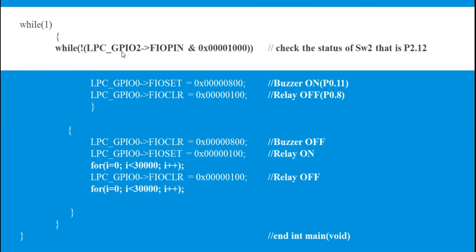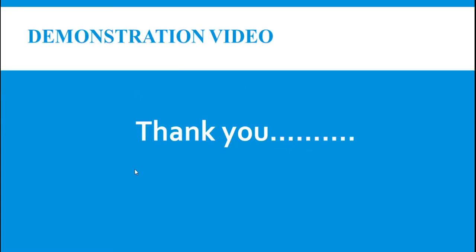Similarly, if the switch is open, then the while condition becomes false, so your program control comes here. In this case, we switch off the buzzer by using the clear register. With the help of the set register, we switch on the relay, include a short delay, and after the delay we switch off the relay. So whenever you do not press the switch, the relay toggles between on and off states for a short duration, so that you can observe the blinking of the LED connected to the relay. This is about the program flow, and you can watch the demonstration video at the end of this